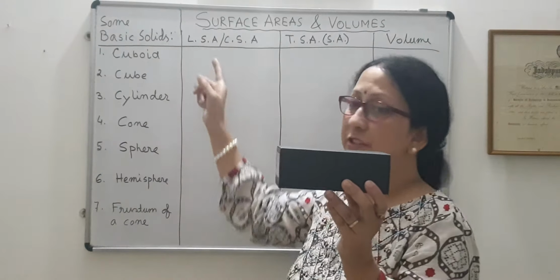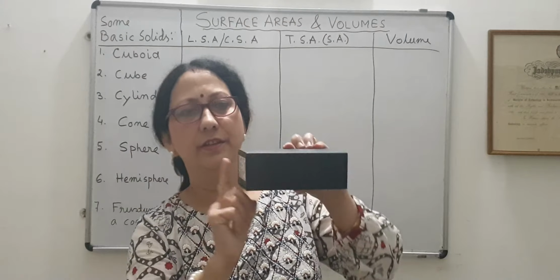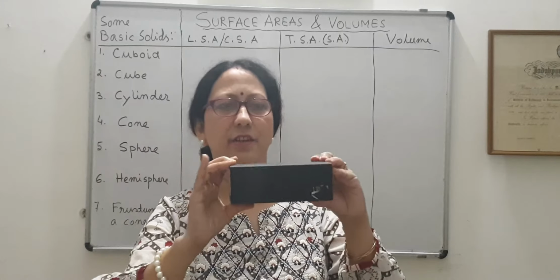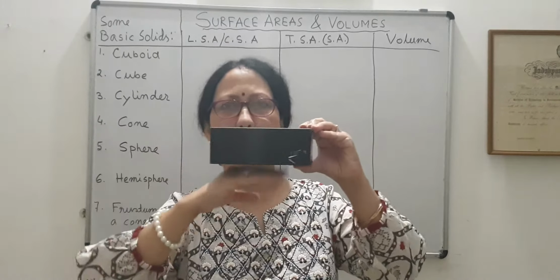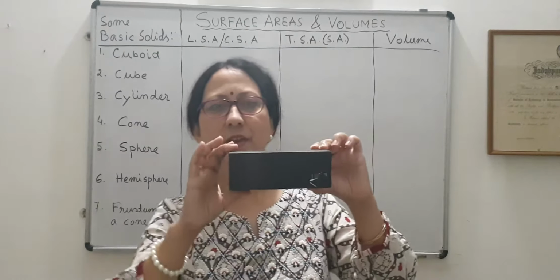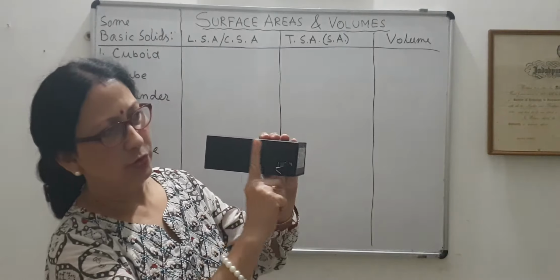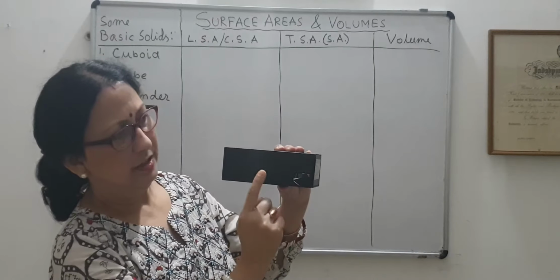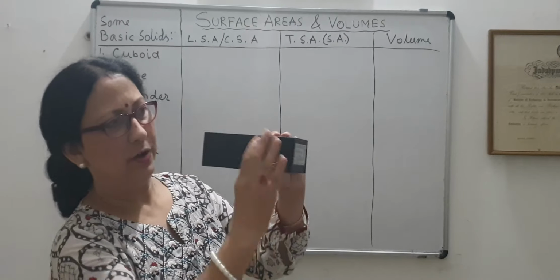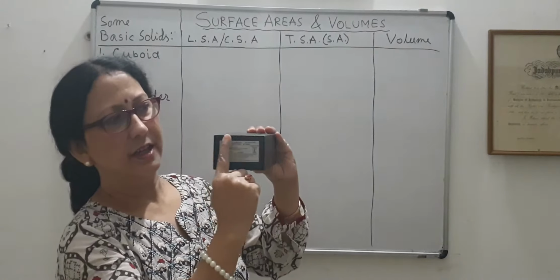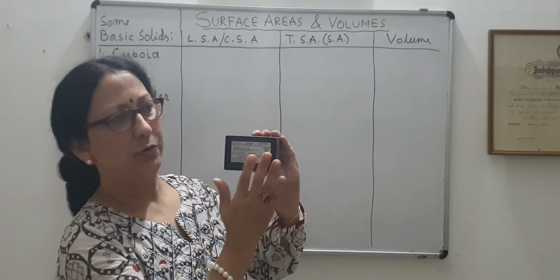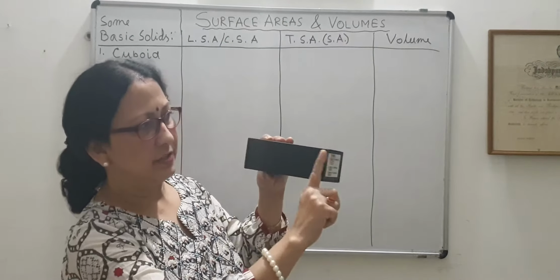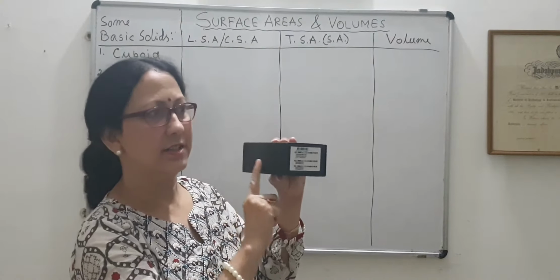Now the lateral surface area means the side areas, that is this area plus this area plus this area. We ignore the top area and the base area. In the lateral surface area, there are two such rectangles, one in front and one at the back. Similarly on the sides there are two similar rectangles, one on this side and another on that side. So twice this area plus this area will be the lateral surface area.